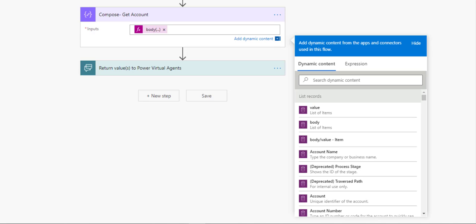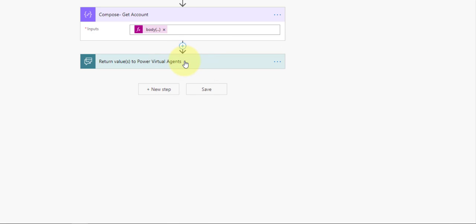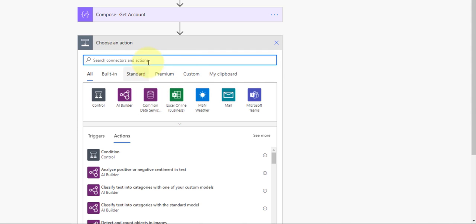And I need that because I want to now be able to get all of the data that is stored in the fields of that particular account. And then once I get that, I want to get the full name, the email address, and the phone number of the user who owns that account record, right? And then I want to return that to Power Virtual Agent to the salesperson. So first we're going to get that account record. So I'm going to do again, add action and